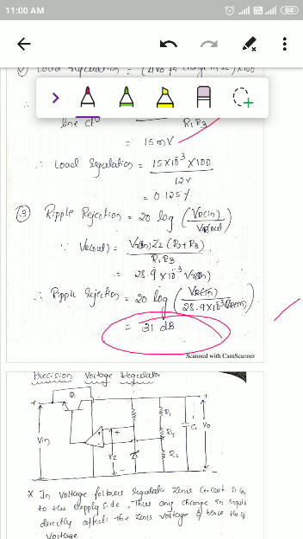So the voltage follower regulator and the adjustable output regulator have almost the same working principle, and the performance equations are also similar, with some additions, because we have added resistances at the output side. That is why you should make two columns, one for the voltage follower regulator and one for the adjustable output voltage regulator. List out the formulas for each, so that you can easily remember the equations.